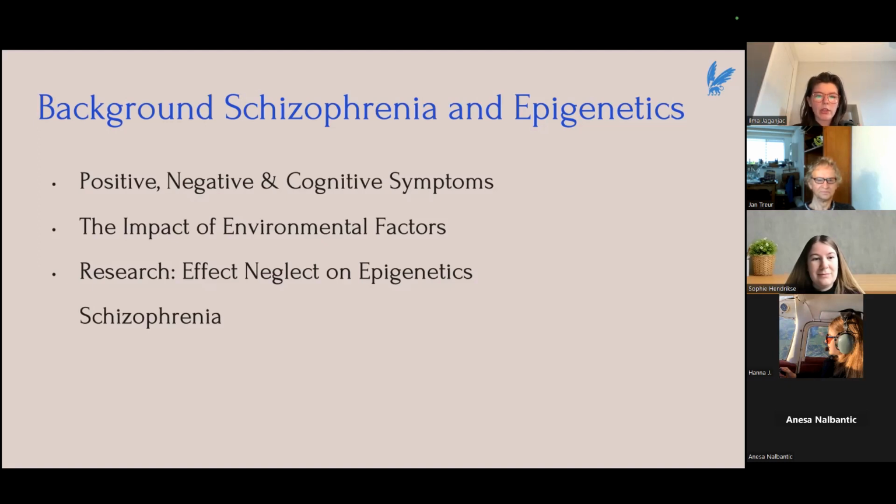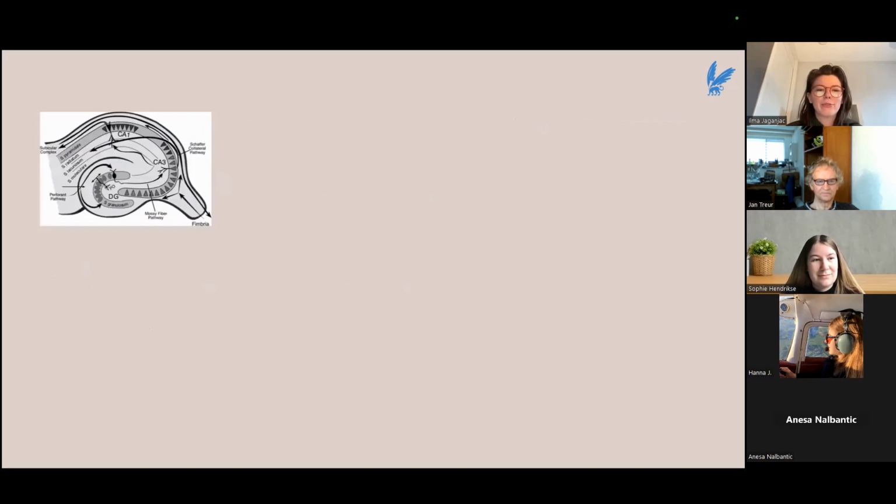It's mostly thought that schizophrenia is a genetic disorder, but this is not fully the case. It's also very much influenced by environmental factors. So for example, think about abuse or neglect, which can also lead to an epigenetic effect, and in turn to you developing schizophrenia. And that is really what my thesis is about. So I focused on the effect of neglect on developing schizophrenia, with a focus on the symptom of false memory generation. But first, I want to talk about how these symptoms, such as false memory generation in schizophrenia,